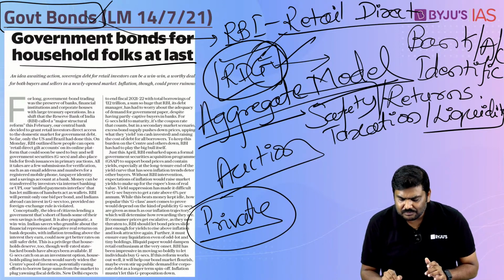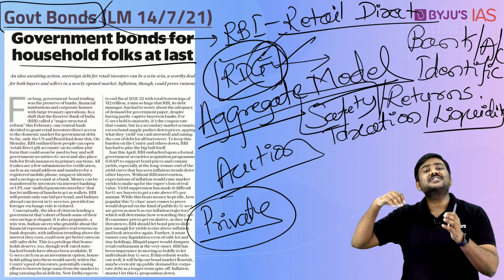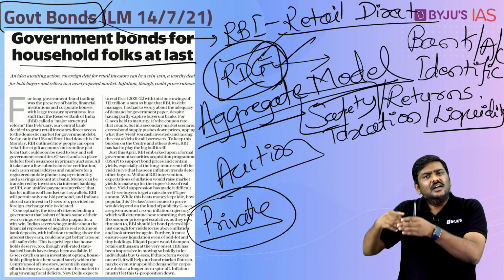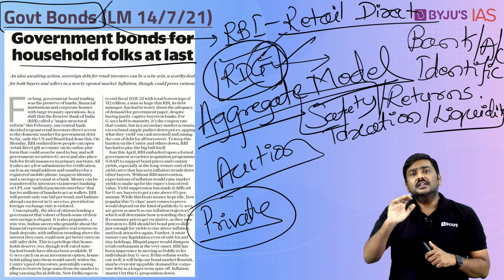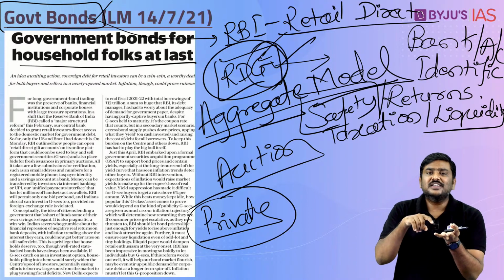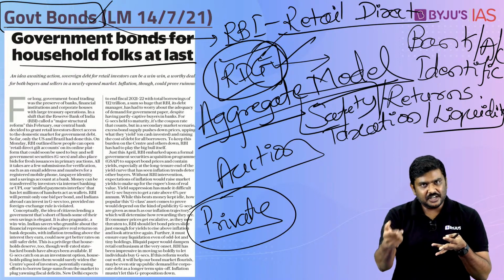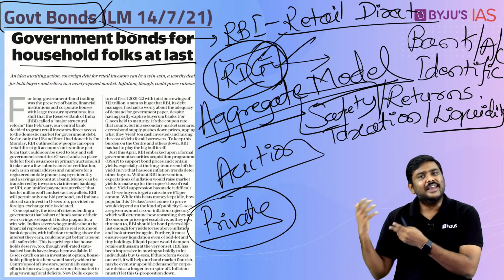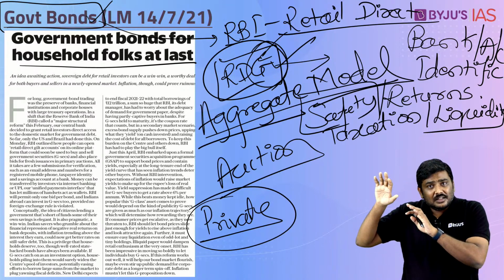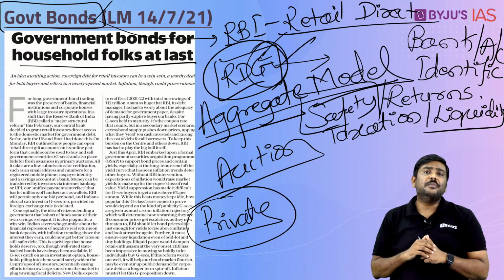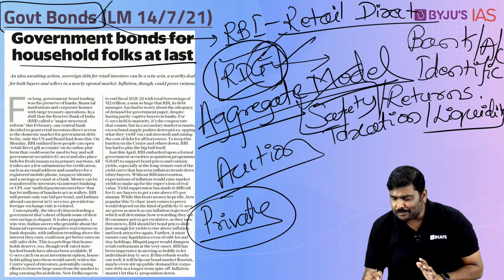First one, safety. There is no doubt related to the safety. Why? Government securities, or for that matter state development loans, where even these retail investors are allowed to auction now. Understand this, there is no problem with the safety, because if it is SDL, these are issued by the state government, guaranteed by the state government. If these are treasury bills, or for that matter dated securities, again these are issued by the Government of India. There is a sovereign guarantee or sovereign assurance that is provided by the government. So, there is no problem with respect to safety, right? One parameter addressed.